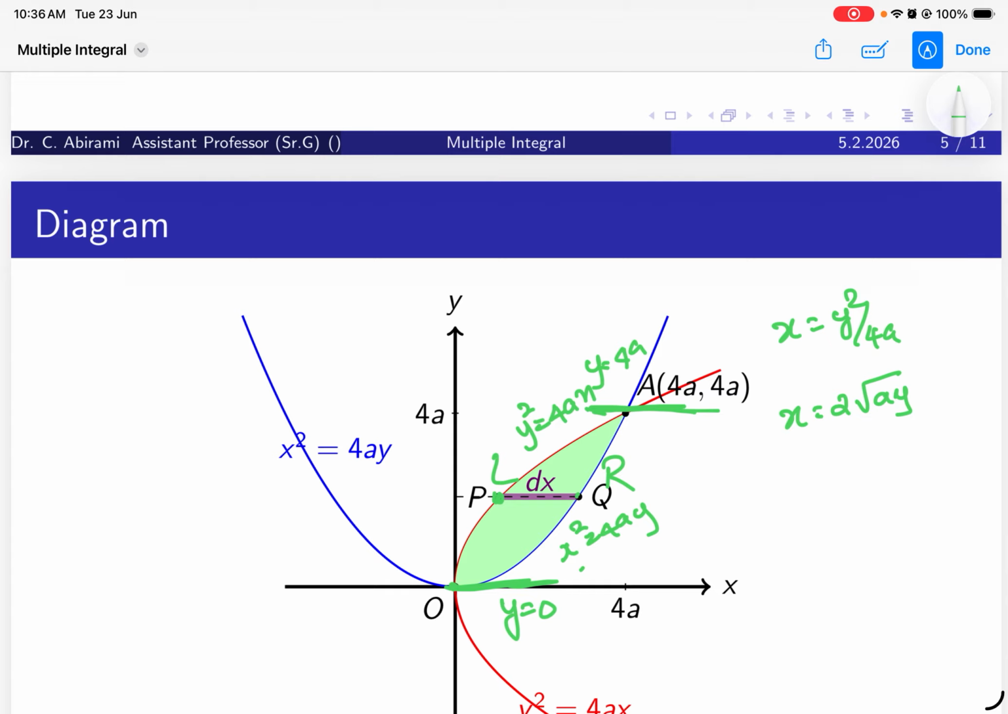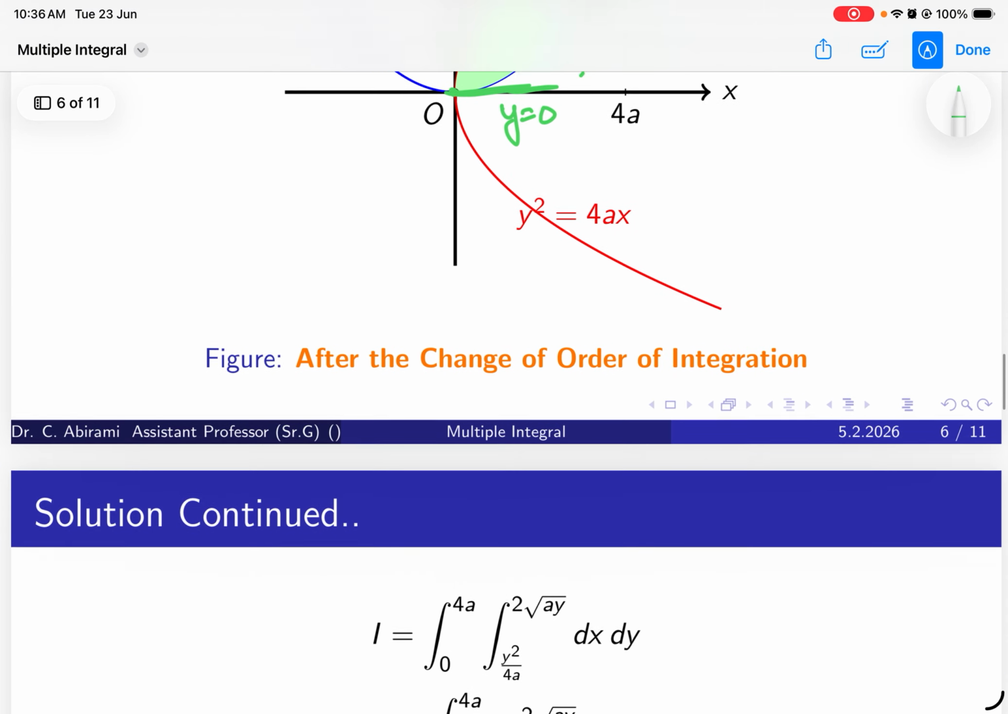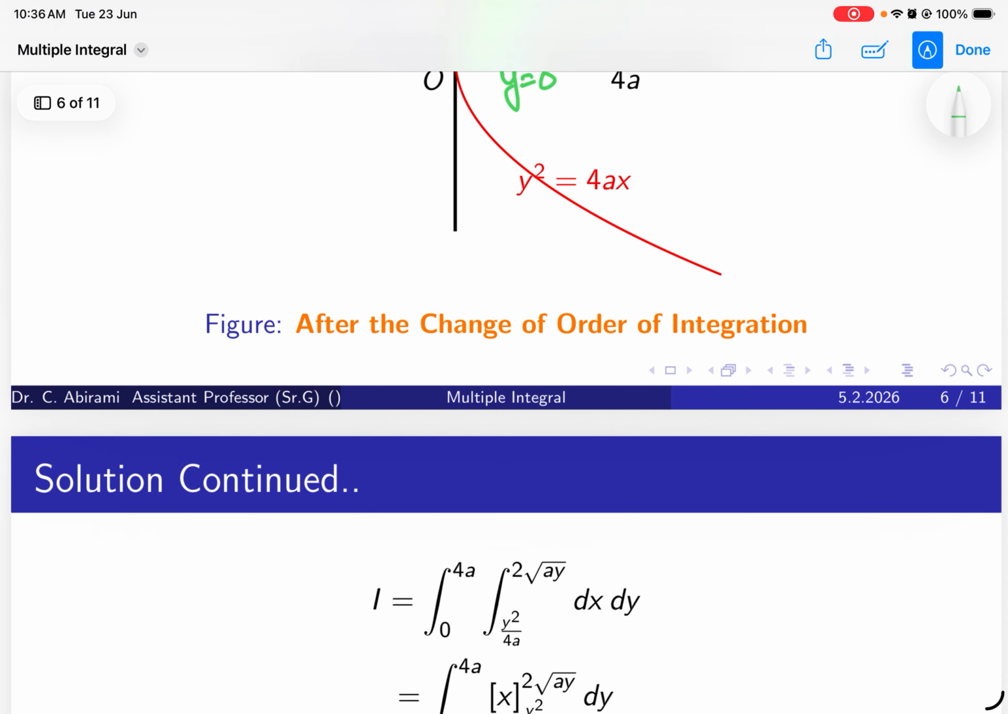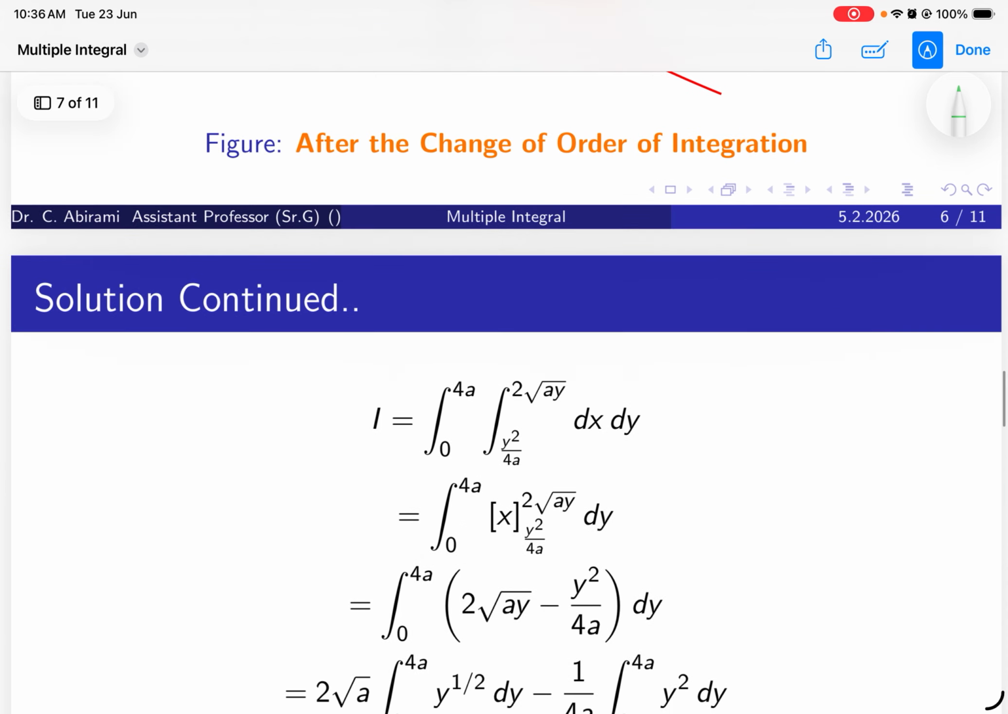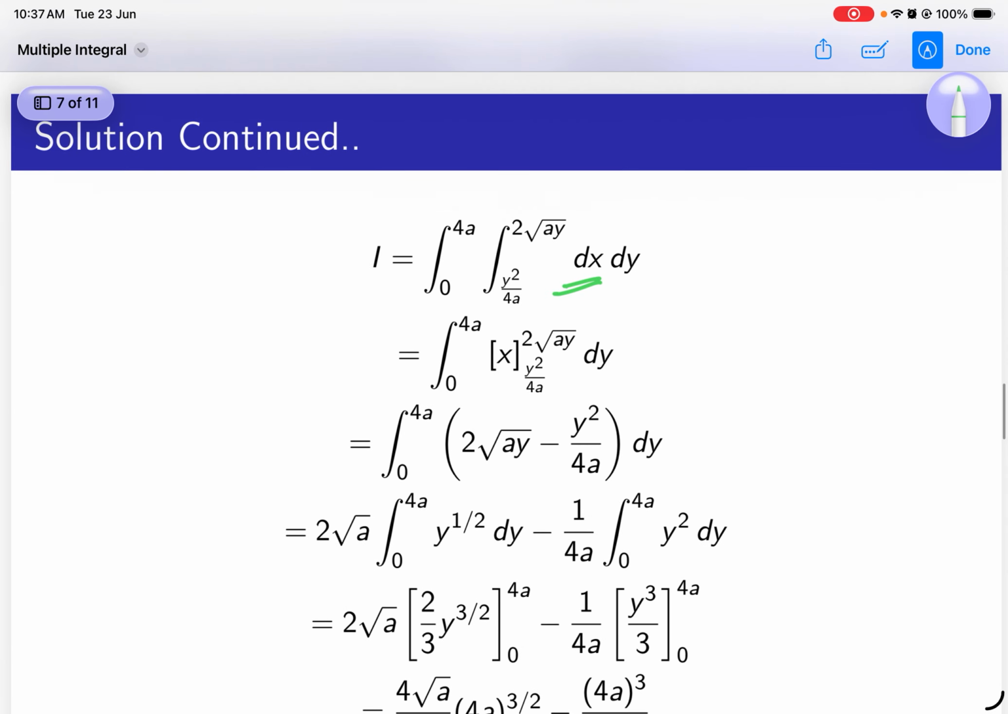So the limits for x are y squared by 4a to 2 times square root of ay, and the outermost limits for y are 0 to 4a. After that, ordinary integration. Here I am going to perform the innermost integration with respect to x. So the integral of dx is x only. You can substitute the upper and lower limits. The upper limit is 2 times square root of ay minus y squared by 4a. Now you are going to perform